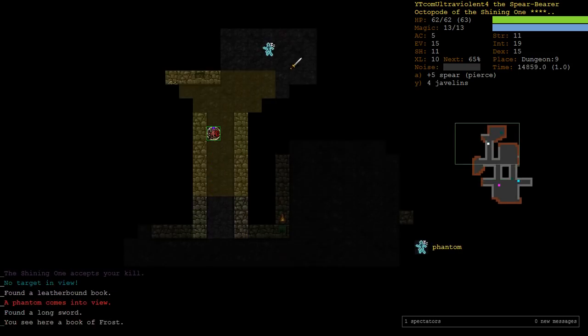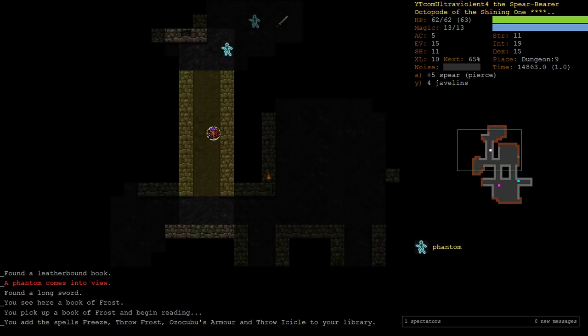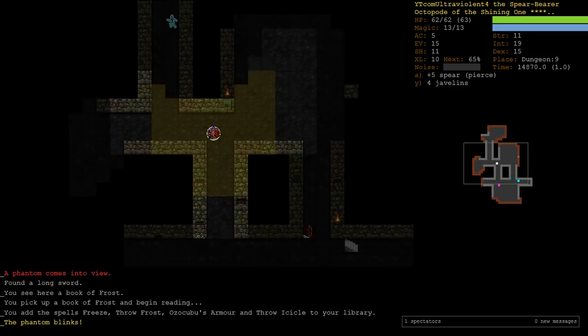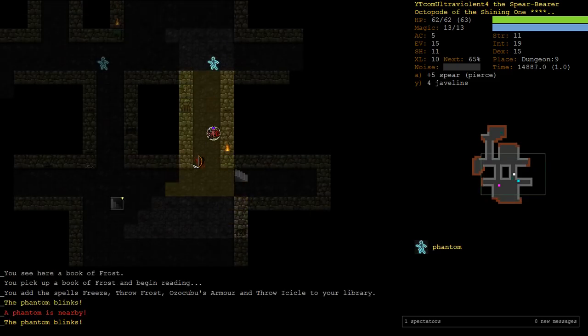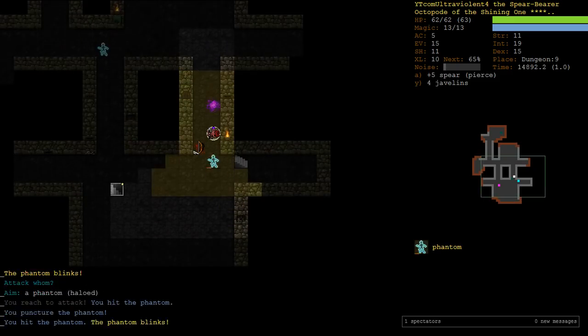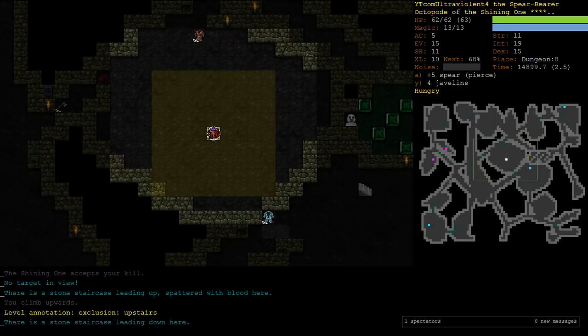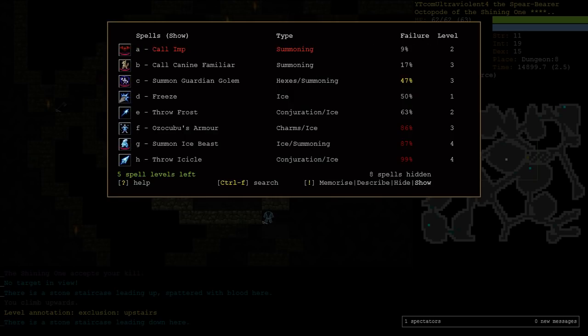New book. Book of Frost. Oh, okay. Well, this is interesting. This one has Ozakubo's armor, which is a way for an Octopode to get AC. Alright, but how will we train this? Okay, this is a good spell, but I don't think we have the time just for the moment. I'm going to put it in our list, as well as...